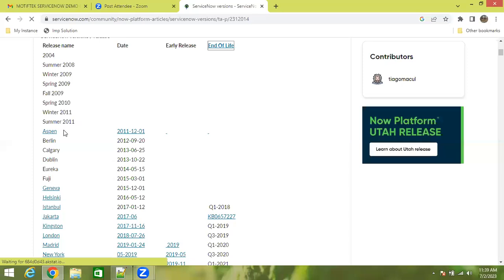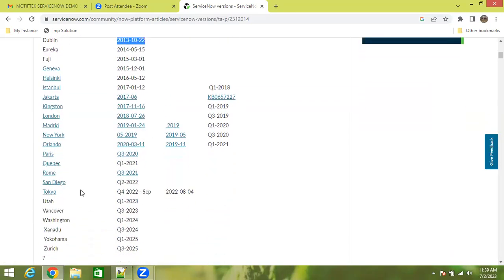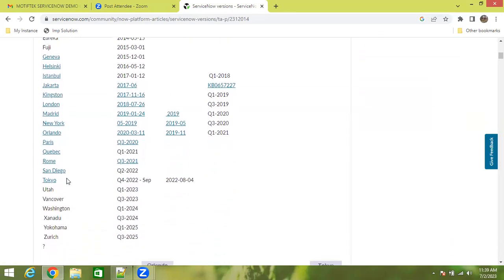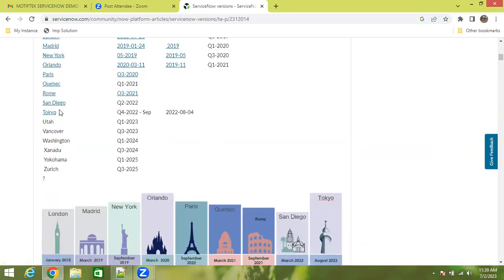It started with the version called Aspen, and next it upgraded to Berlin, Calgary, Dublin, right? See, every year it upgraded its version. And likewise, these are all the previous versions, and currently most of the organizations are using the Tokyo version, right?